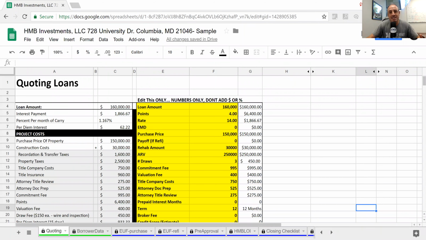In order to have a successful hard money lending company, you need to have a solid origination system, one that works on the fly, that works on the move, and you can point and click and get through it quickly. Since we started our company about 11 years ago, we've gone through several loan origination softwares,